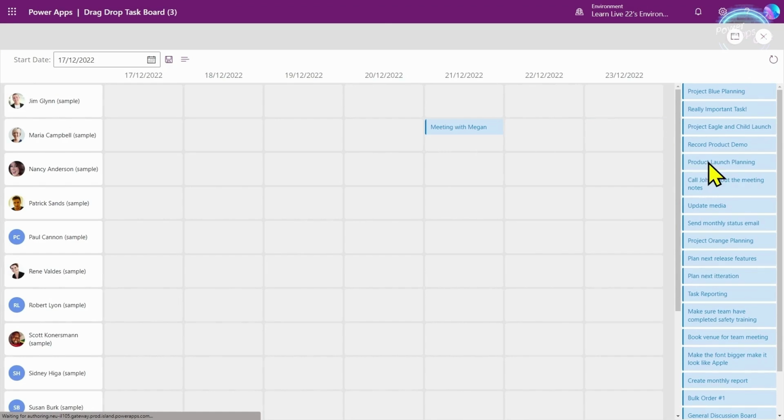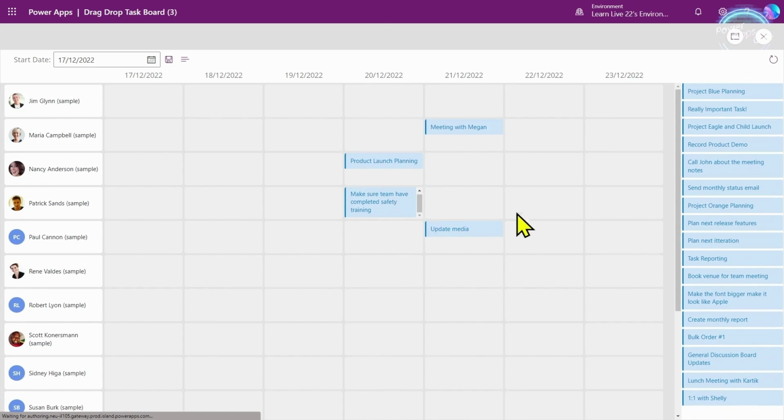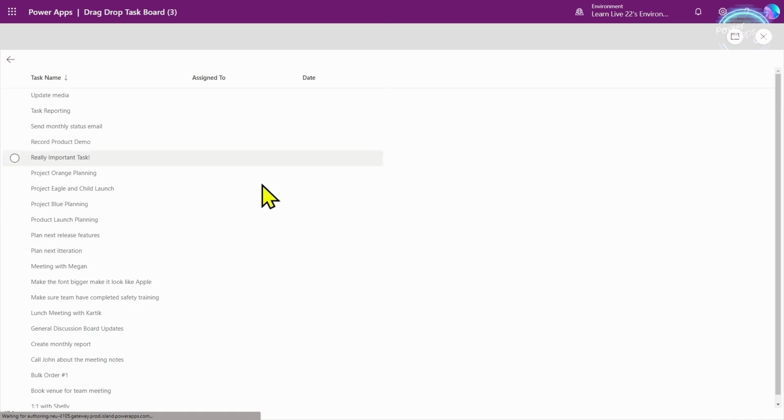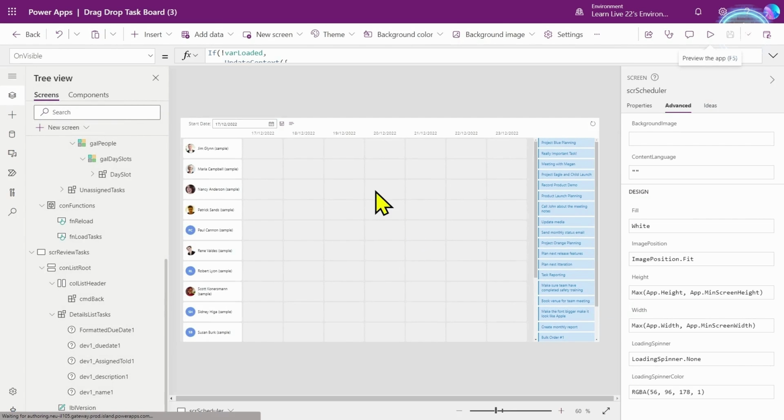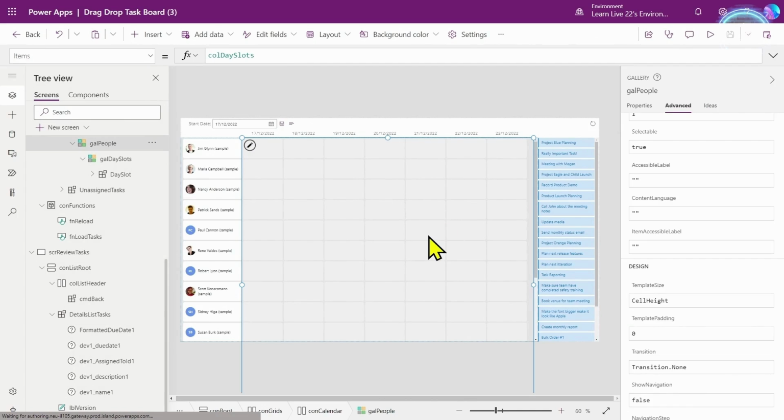But if you remember where we left it before, I can move these things around. I can drag them, which is great. I can also move my people around. But what doesn't happen is that none of this gets persisted into the database. Also, if I move this person, it's not going to move the task with that person. There's no linkage between the person and the tasks. And indeed, if I go back over to that list and then go back again, notice that they've all been reset, because the state is all handled inside of this drag drop component. There's no state that's being managed inside of the actual collections. So in order to do that, when we drop something into this drop zone, we need to update that back in the collection so that it will refresh.